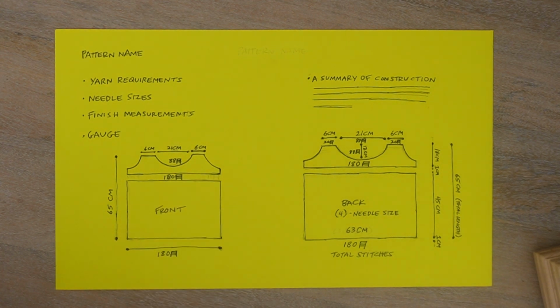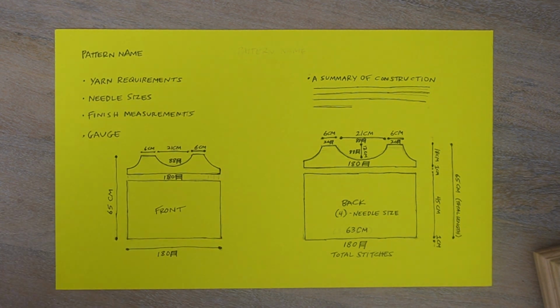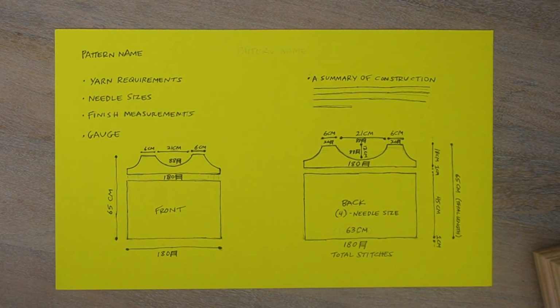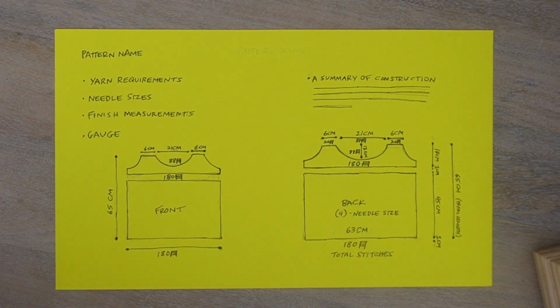So with that said, you'll have the yarn requirements. Every one of these books, as I showed you when we went through the patterns themselves, will always have yarn information. It will always have technical considerations, so really interesting stuff. So that'll be on the top here. You can either substitute it for yarn you have. You don't have to buy the exact same yarn that's in the pattern, but if you wanted to do that,